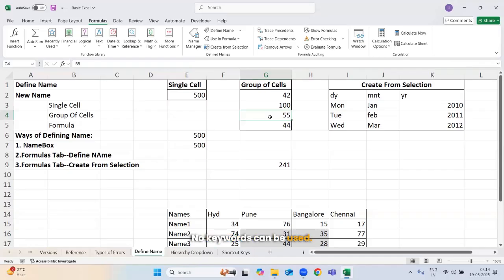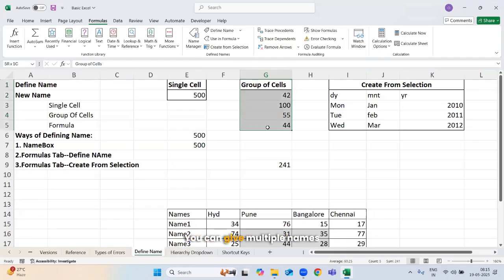Last point, no special characters can be used except underscore. By following these conditions, you can give any name.